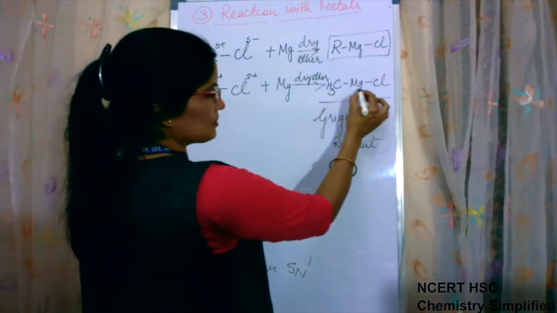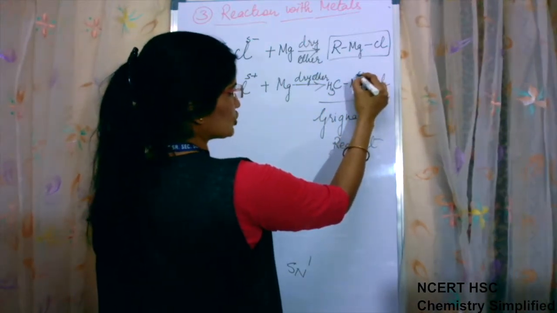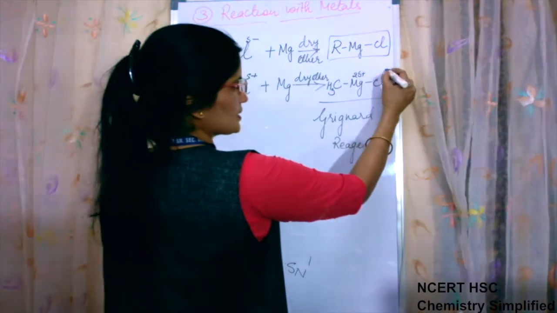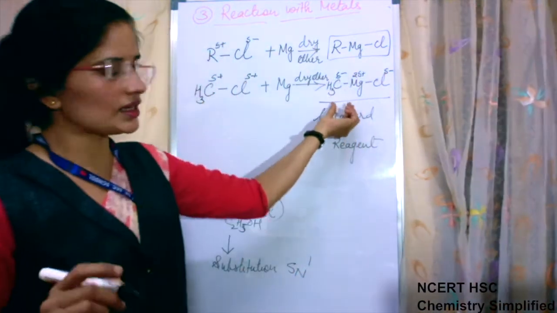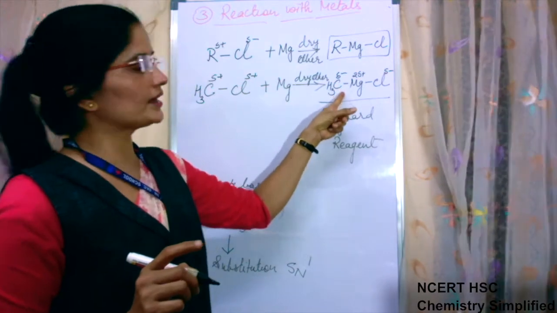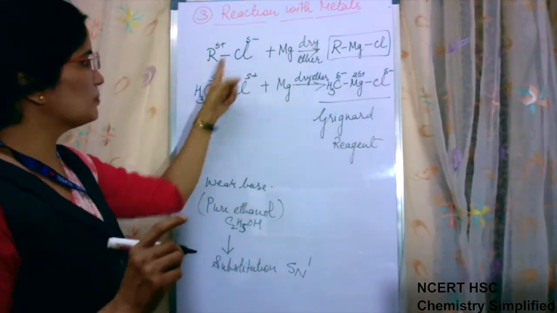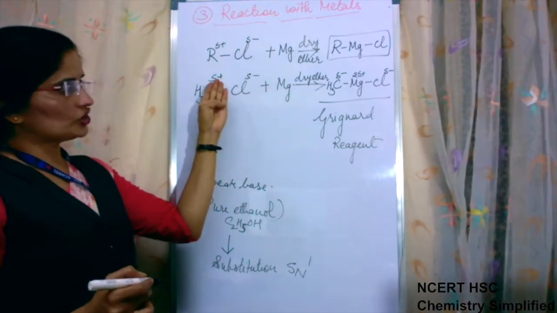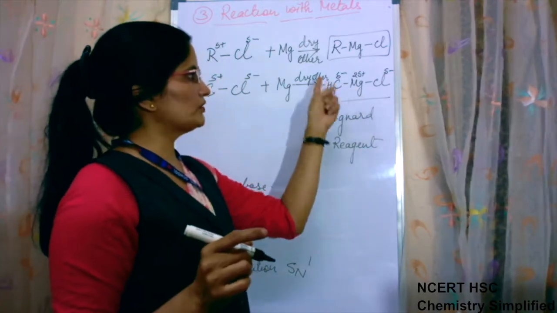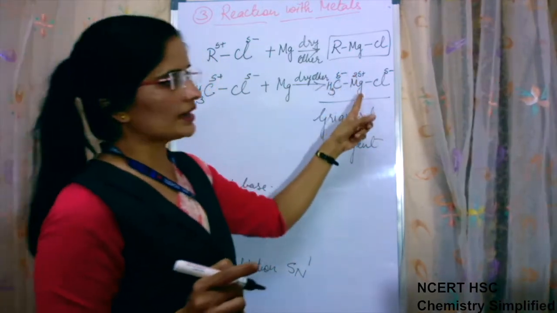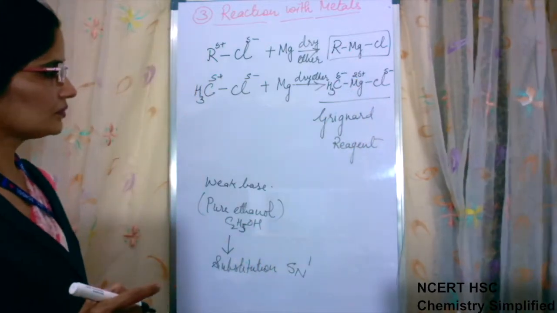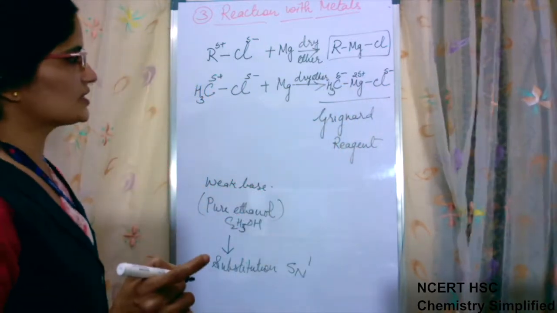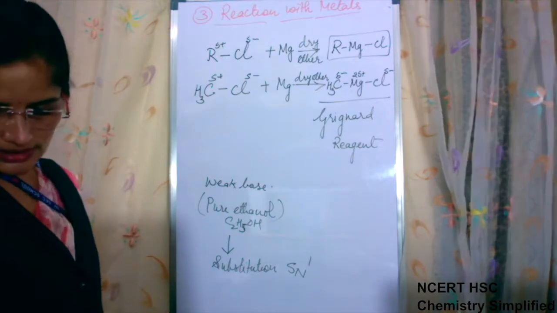Now we know that magnesium is a metal, so it will always bear positive charge, and it has two positive charge. Mg is 2 positive. This is negative, this is negative. Now this is a compound in which carbon atom bears negative charge. I told you just now that in most of the organic compounds, the carbon atom bears partial positive charge, but it is one such compound in which carbon atom will have negative charge because metal will always remain positive. Okay, because magnesium can make two bonds, so one bond with chlorine, one with CH3. This is Grignard reagent. So this is one important reaction.